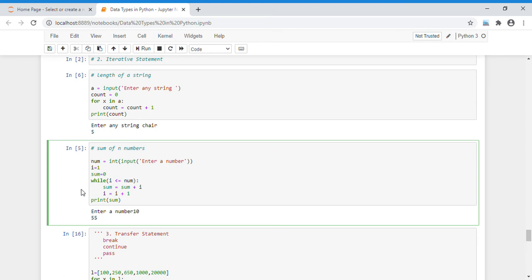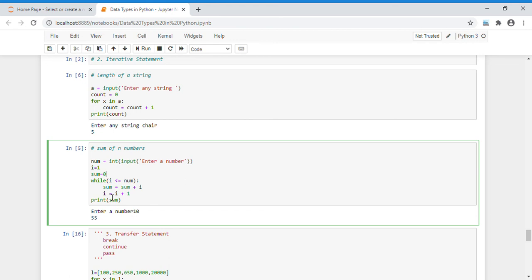Now it again goes to the while loop and checks 3 less than or equal to num. Yes, it is not less than but it is equal to num. It again increases the value of sum, and now the value of sum is 3 plus 3, that is 6.